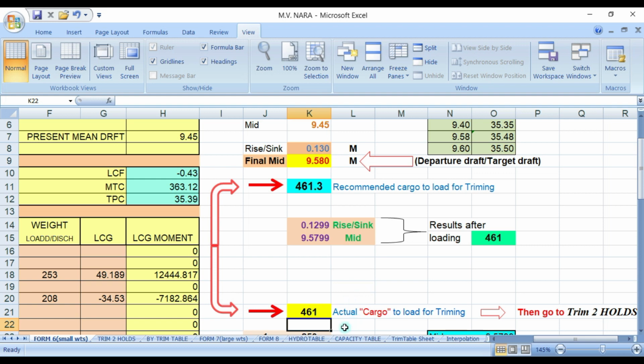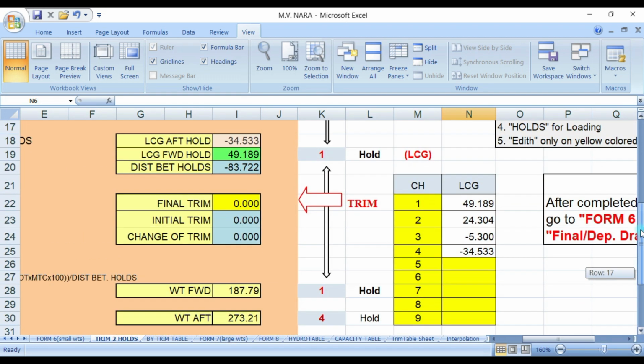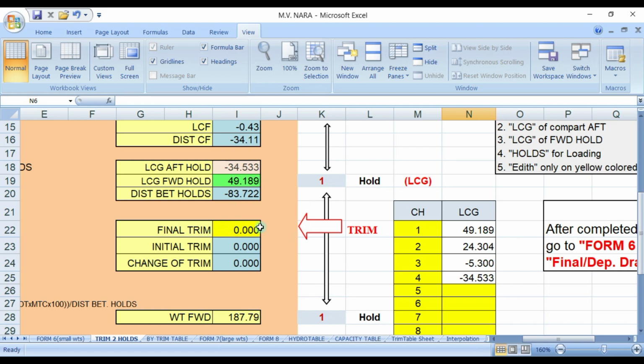Okay, so you go to the trimming holds, and let's say you have even keel, no list or no trim.